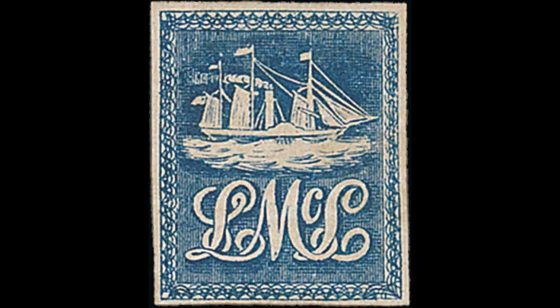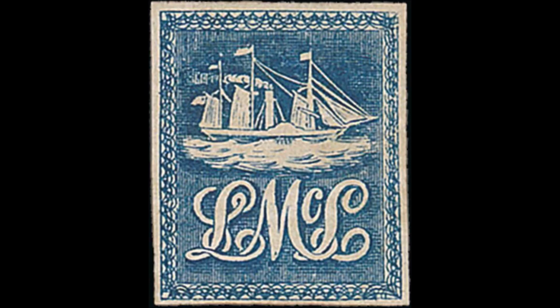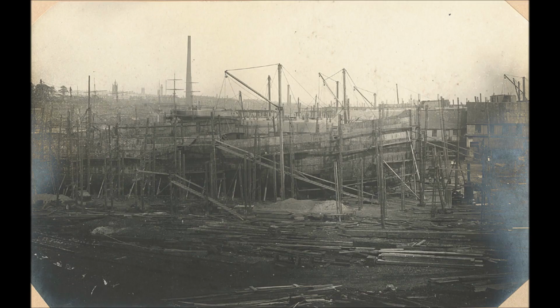The Lady Macleod was a 67-ton paddle steamship that operated in the Caribbean, sailing between Port of Spain and San Fernando on Trinidad in the 19th century. I don't think a picture of the steamer exists, so I can only use the image that we see here on the stamp. She was built in the Napier shipyard in Glasgow and was named after the wife of the